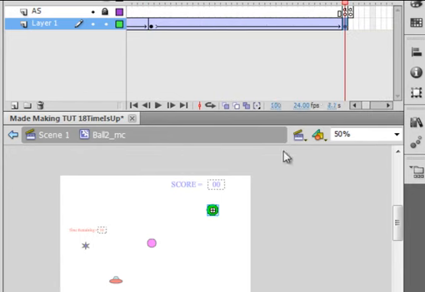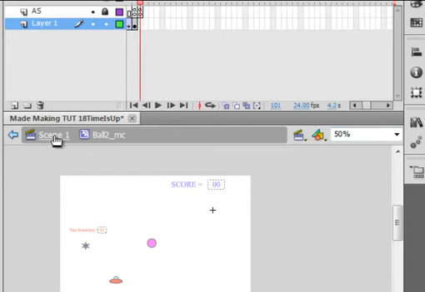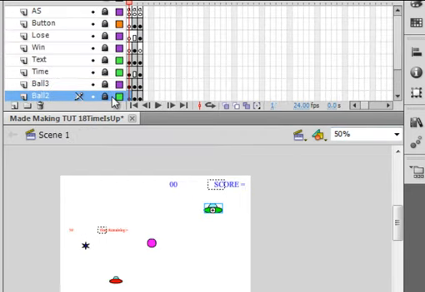Come up here. Paste it. Delete it. And put that on here. Go to frame 1. Select it. Hit the enter, and that spaceship works too. Go back to scene 1, lock the balls layer 2, unlock balls layer 3,